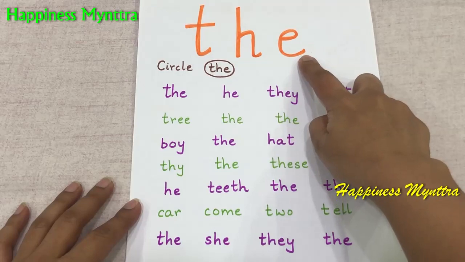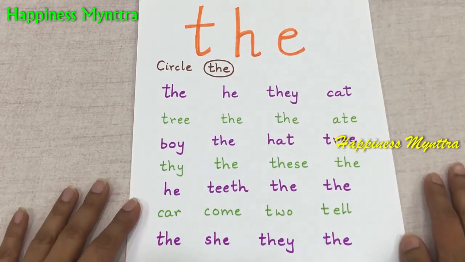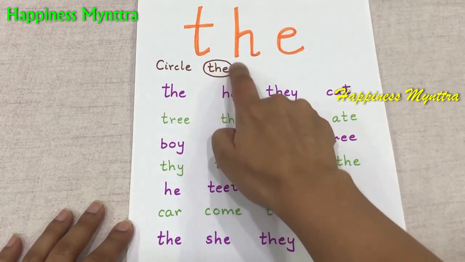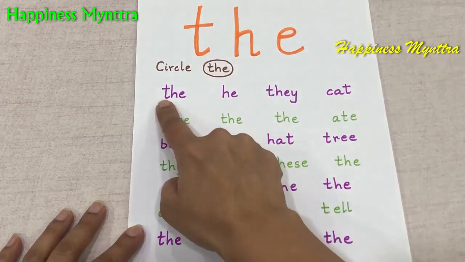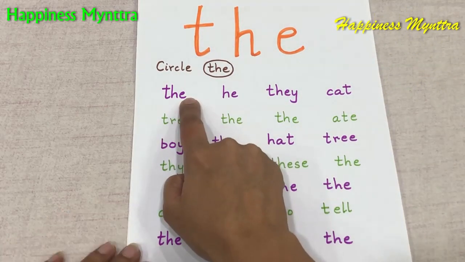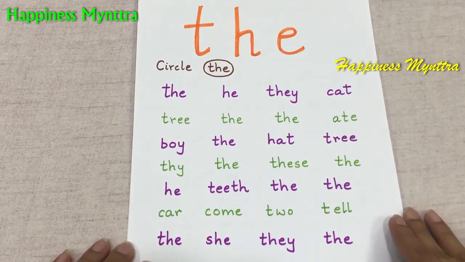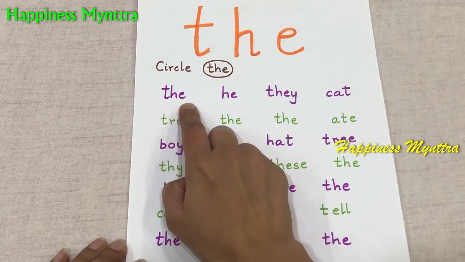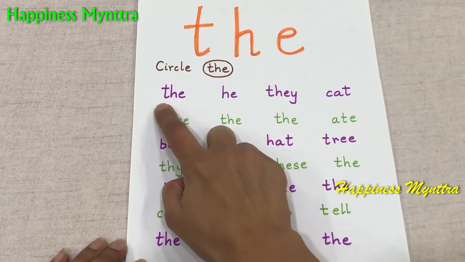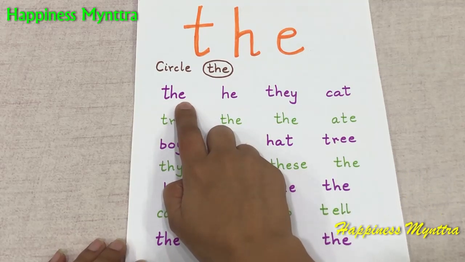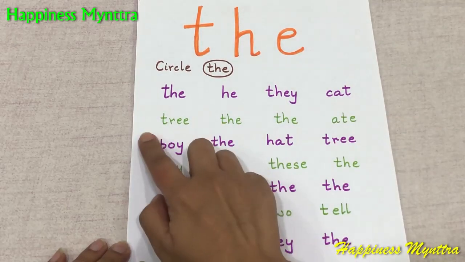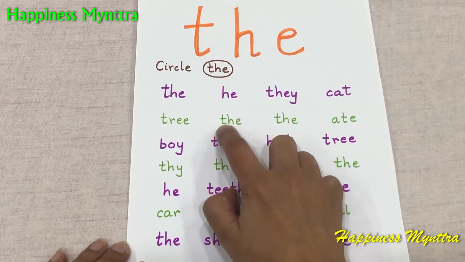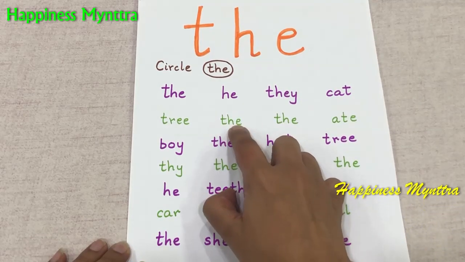This same sheet can also be used for the matching activity first. And then the word that is being taught needs to be read and circled. Make sure they're just not circling it, they have to read the word as well. So t, h, e, the, whatever the child is comfortable with. Okay, so the child has to keep scanning, finding the word, reading it and then circling it.